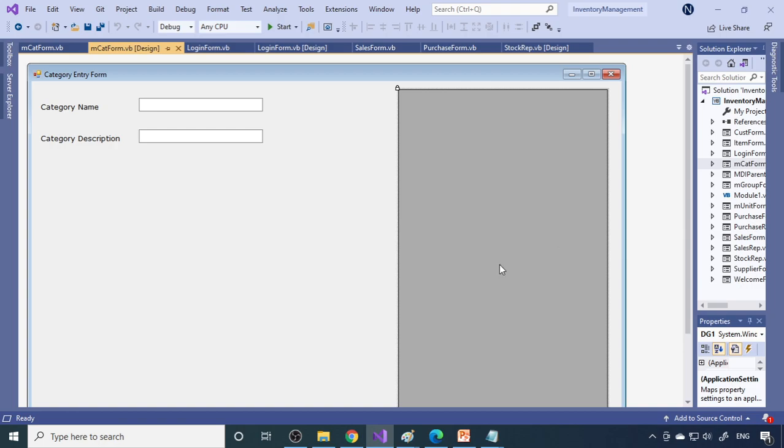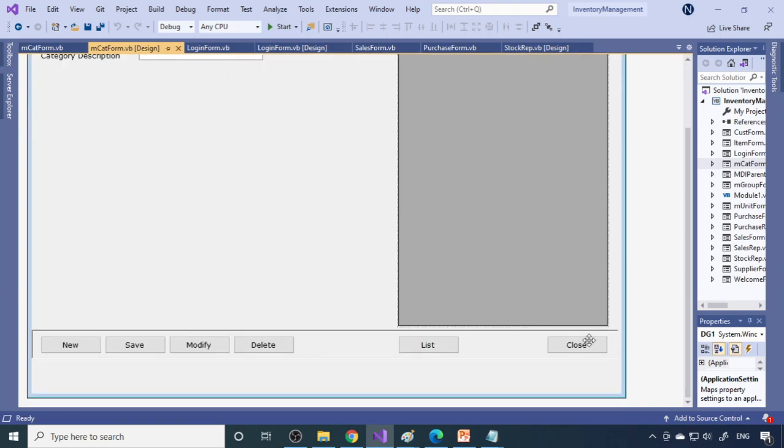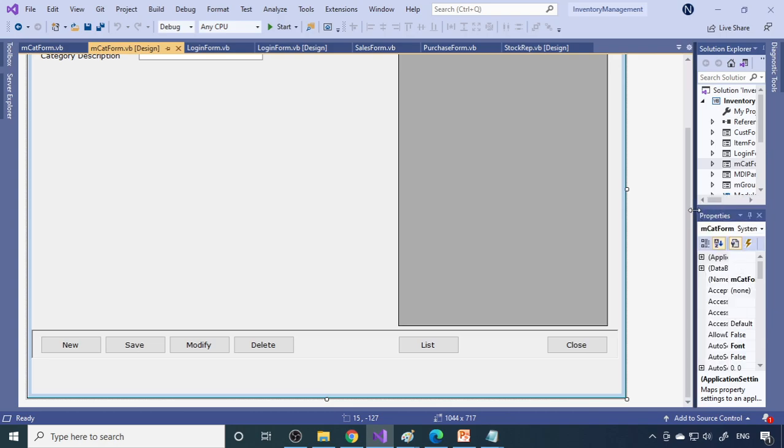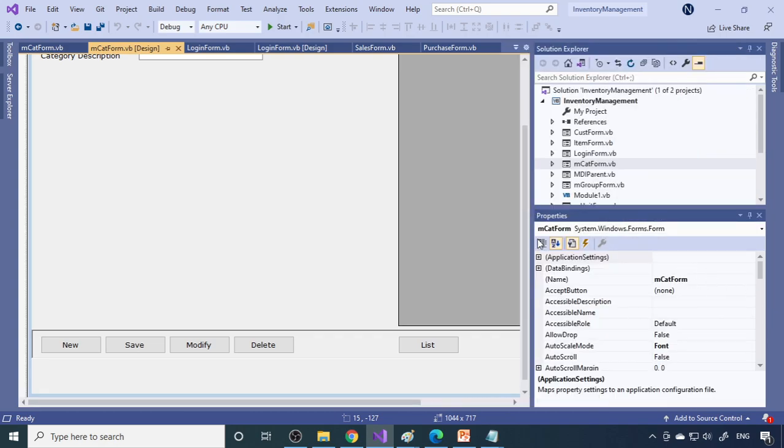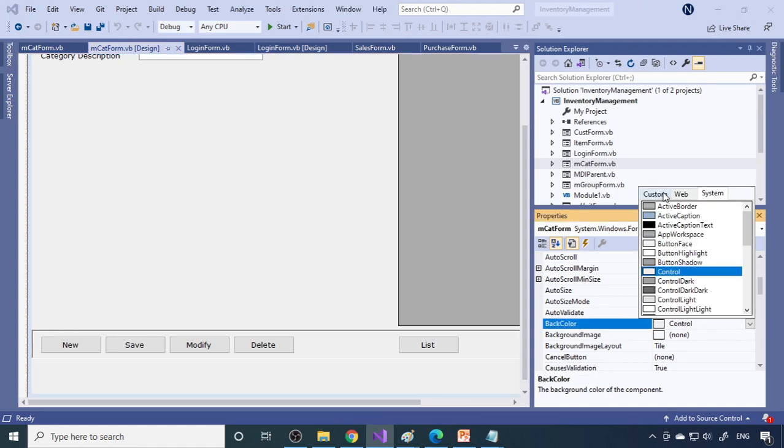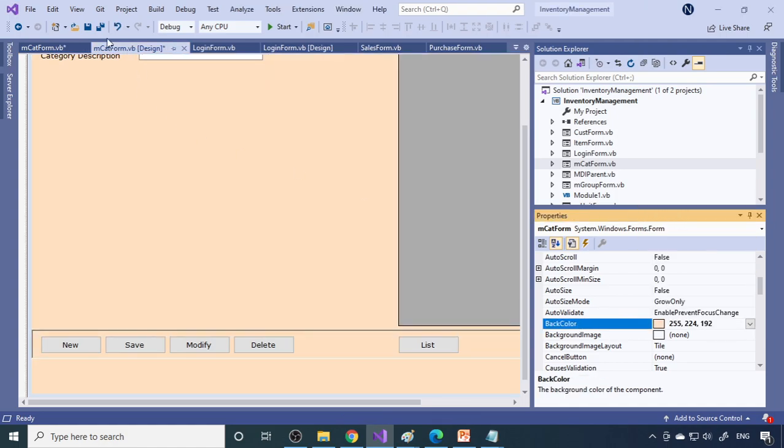Fine. So this is the data grid view, and these are the buttons. Here you have the buttons to save, modify, delete; all these buttons you need to design. Buttons you can keep wherever you want, it doesn't matter. Here we designed them at the bottom, but we can always move them, no problem. And you can also change the background color very easily. To change the background color, you have to go to form properties, and there is a back color here, then change the color to whatever color you want. Save this. So that is done.